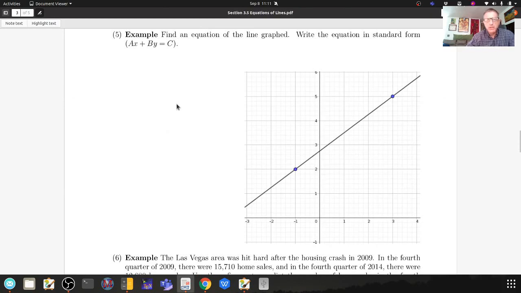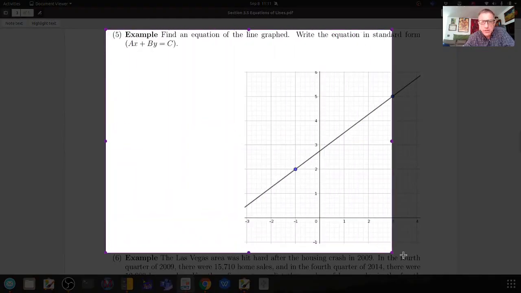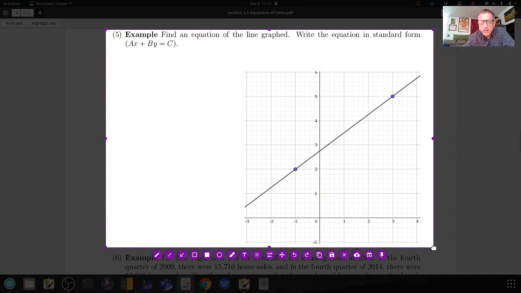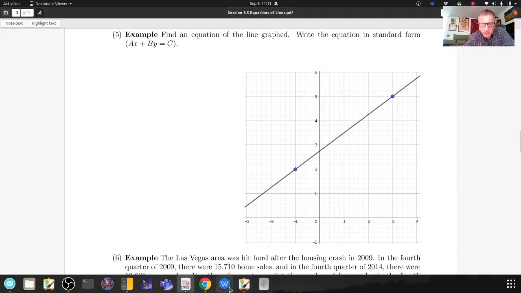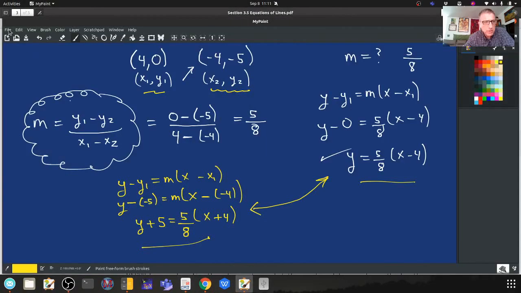So here we go. Let's actually do a screenshot here. And import it into